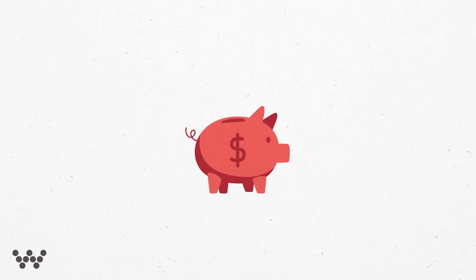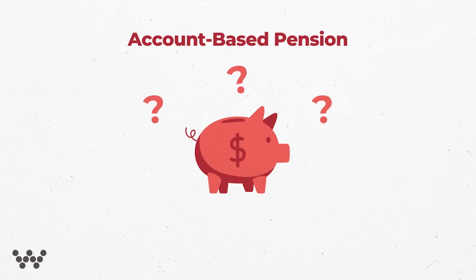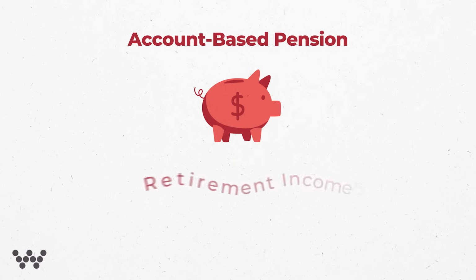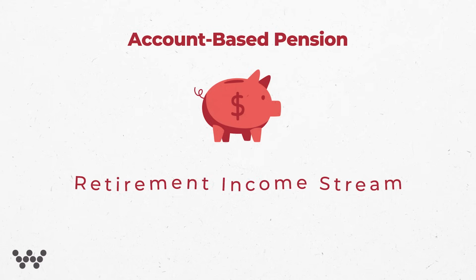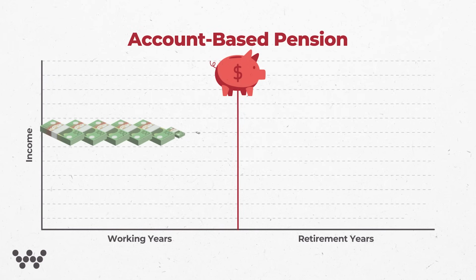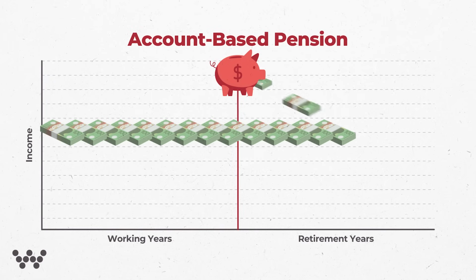So what we're talking about today is an account-based pension, and there is a lot of confusion around this. An account-based pension is completely different to the age pension, and it's what's commonly known as a retirement income stream that uses your superannuation balance. It turns all that capital you've saved and put away throughout your entire working life into regular payments to replace